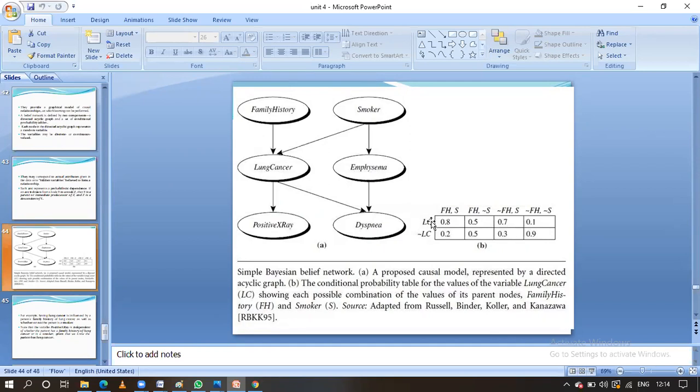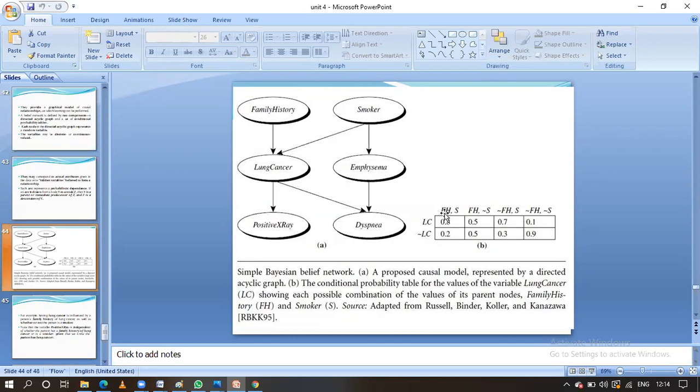Here, there is a chance of lung cancer, guys, whenever the family history as well as smoking habit is there, there is a higher probability for lung cancer, guys. That is why it is very near to 1, that is 0.8, guys. Observe here, guys, when the family history has a problem and smoking habit is there, not getting lung cancer is only 0.2, guys. That is very less, guys. అర్థమవుతుందండి? రాకపోవడానికి ఛాన్స్ దట్ ఈజ్ 0.2, బట్ రావడానికి ఛాన్స్ ఏంటండి?